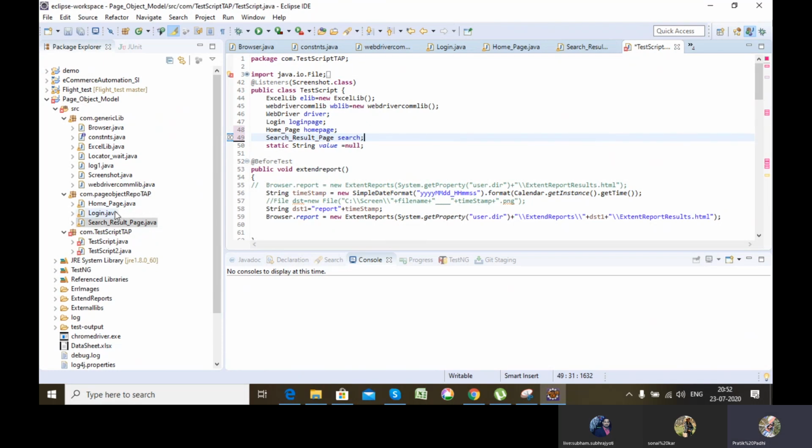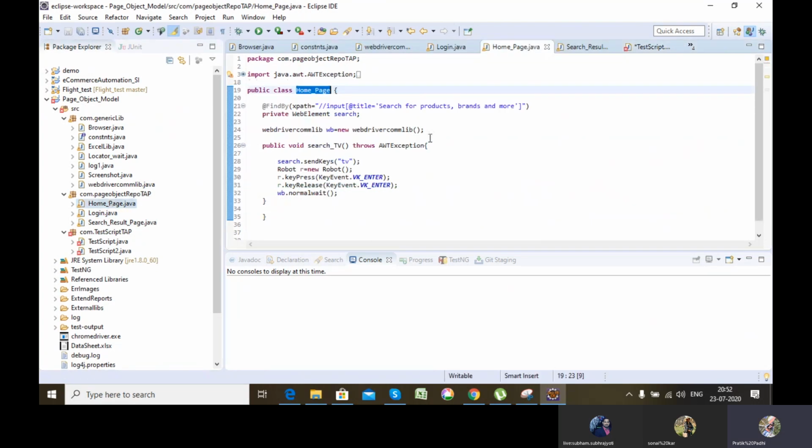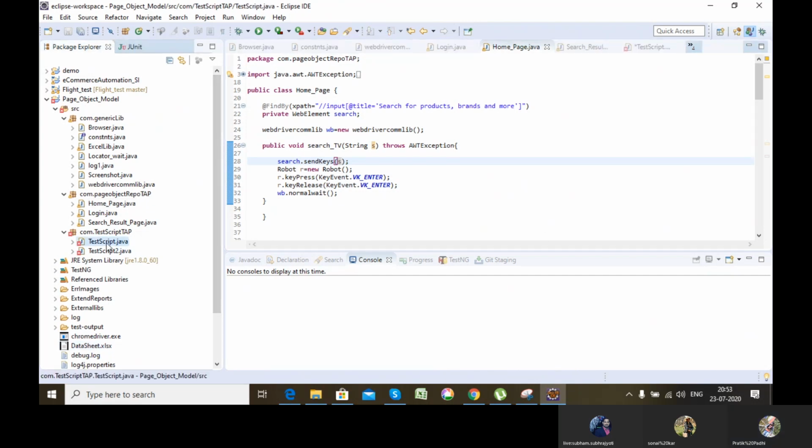So the value which I am passing here in the home page, I can parameterize. Let's say for example, I can parameterize it as string s. So here I can pass s. And this particular value I will retrieve from the Excel sheet. So you'll see how we can parameterize the value in the Excel sheet rather than hard coding it in the code. Okay.